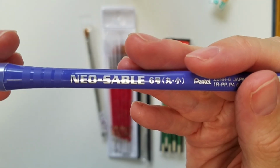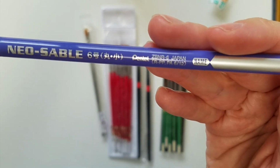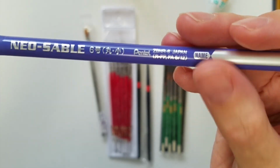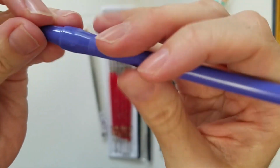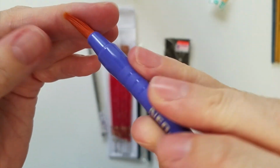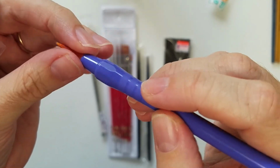So this is what it looks like close up. Neo Sable, I don't suppose it is animal hair, I'm sure it's probably synthetic. Little space I can write my name on, look. And then that's the tip. And I can feel, well, it's a bit hard to tell at the beginning because they often are quite stiff when you first buy them. But I can feel it is stiffer than my watercolour brushes,